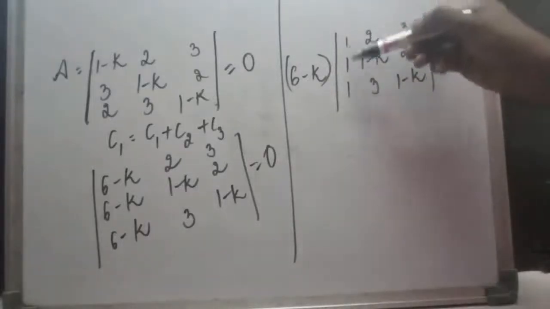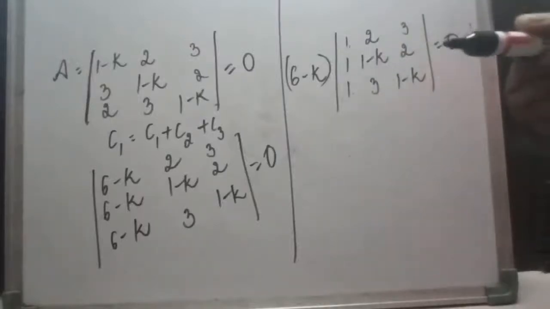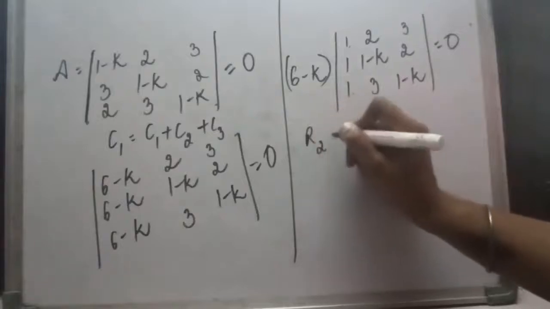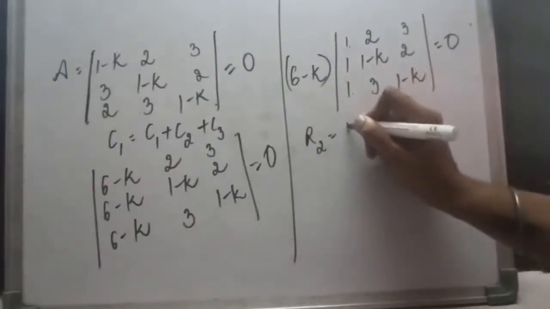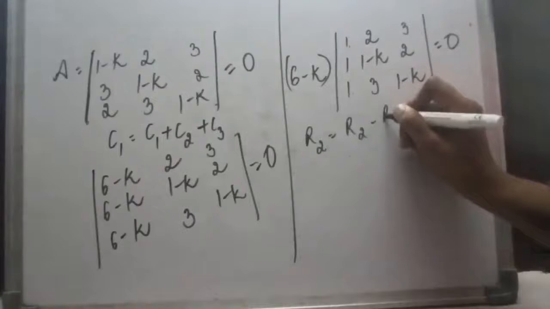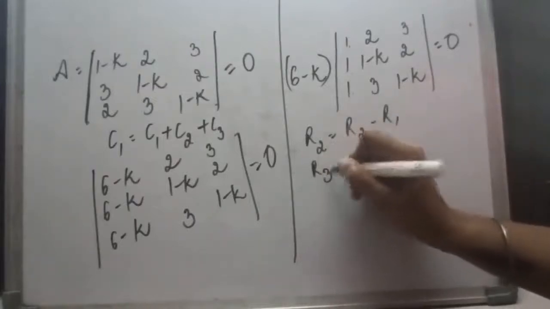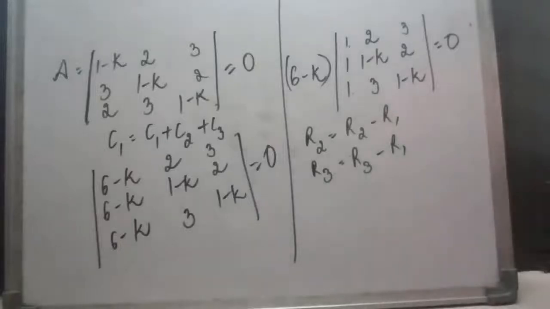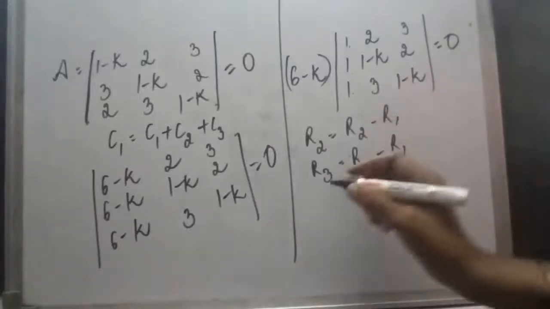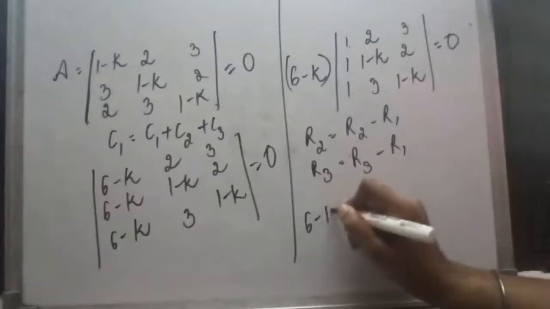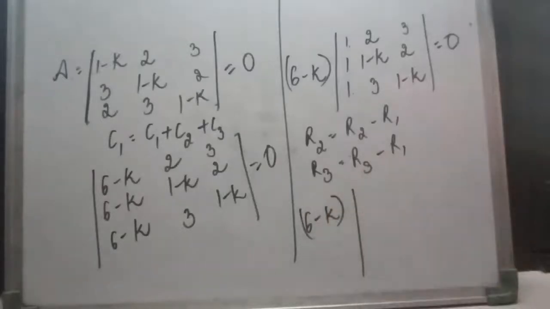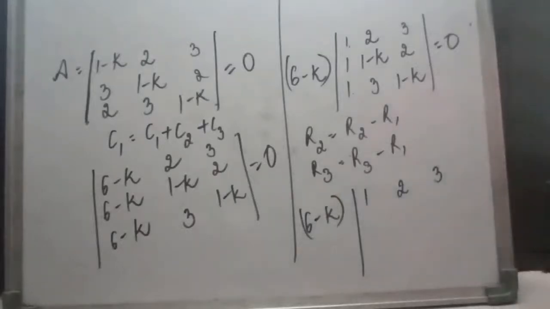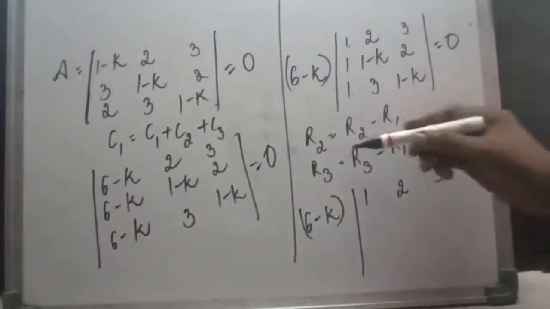So now since it is 1, 1, 1, I will again introduce elementary operations and reduce my calculations. What will I do? In row number 2, I am going to use an elementary operation and apply this. Then in row number 3 also, I am going to apply elementary operations like this. So when I apply these transformations, my result will be 6 minus k. As there will be no change in my first row, it will be 1, 1, 1. Change is going to be in the second row.